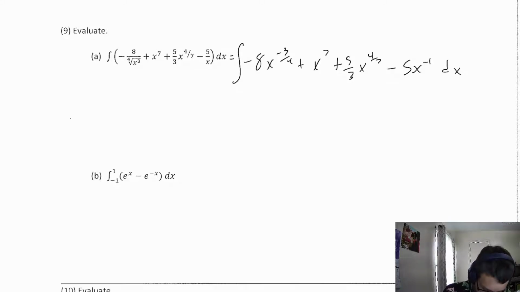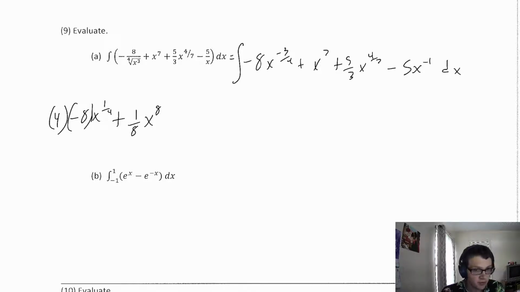So this first term, we're going to have minus 8x to the, and we add 1 to the exponent, so minus 3/4 plus 1 becomes 1/4, and we multiply by the reciprocal. The reciprocal of 1/4 is 4, so we have 4 times minus 8 times x to the 1/4, plus, and then our next term, we add 1 to the exponent and multiply by the reciprocal, so we get 1/8 x to the 8th, plus, here we're going to have 5/3 x to the,